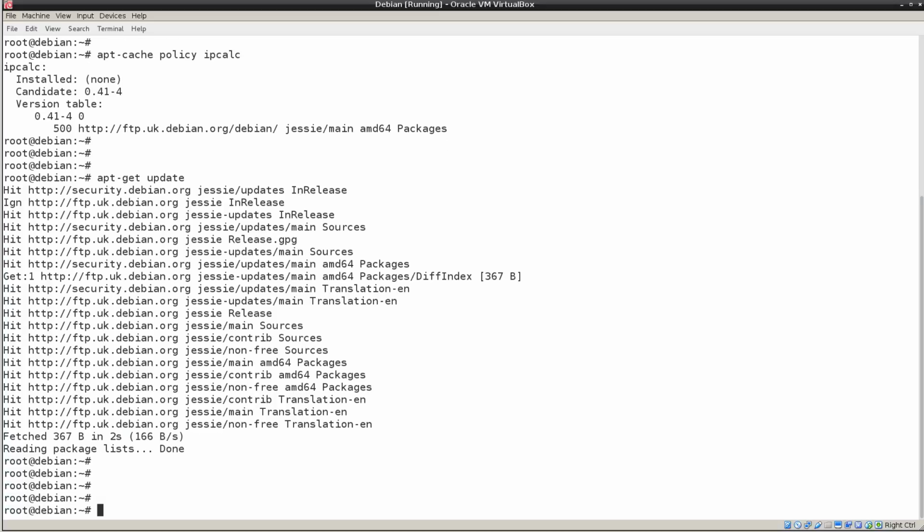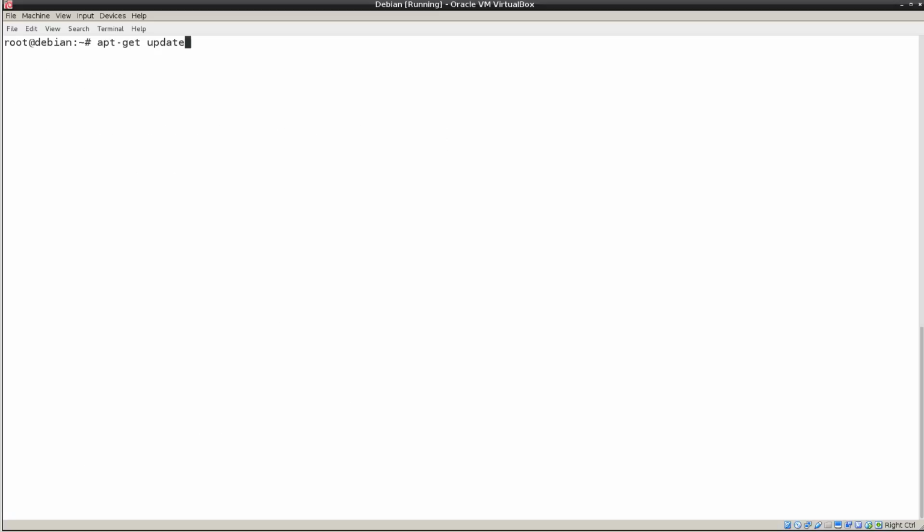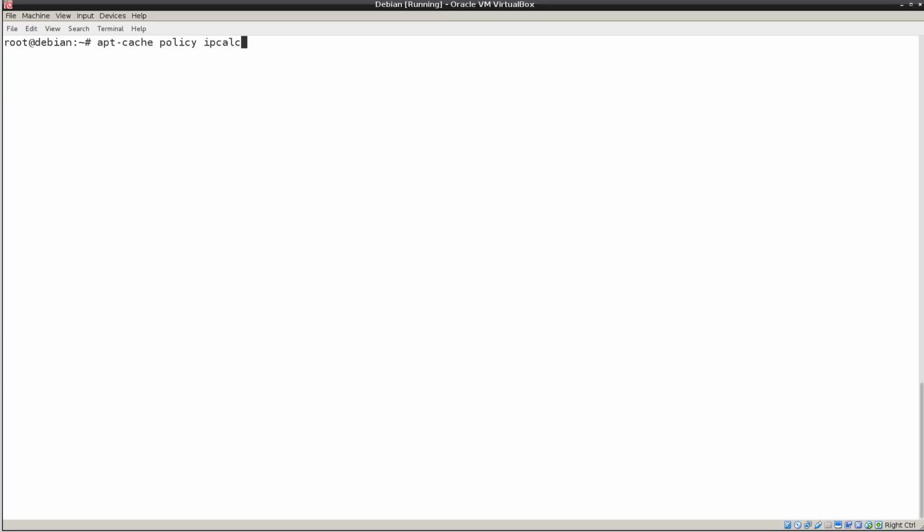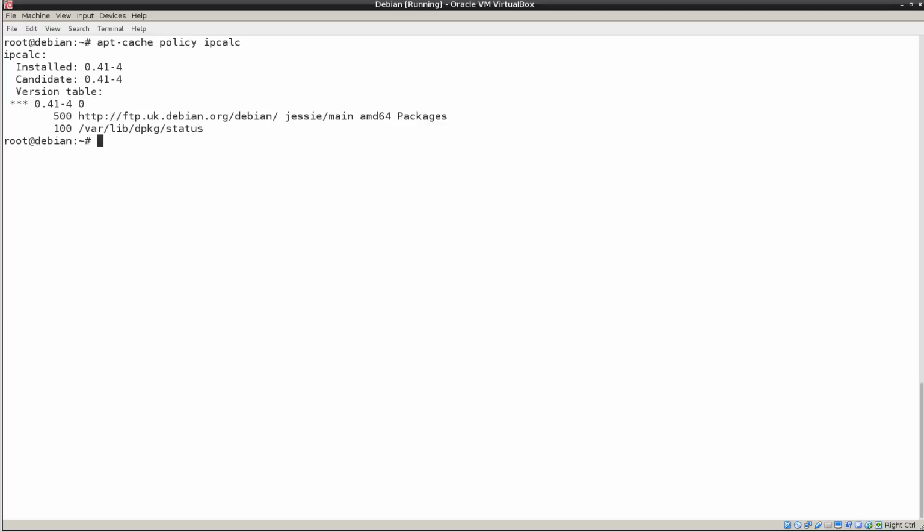Okay, so now we're good. Let's quickly install IPCalc. We can do that by typing apt-get install ipcalc. Go off to the internet, pull the package. It's a tiny little package, there's no dependencies, pulls it very quickly, and then we will run through those commands. Yes, it is now installed, and it is the current version,